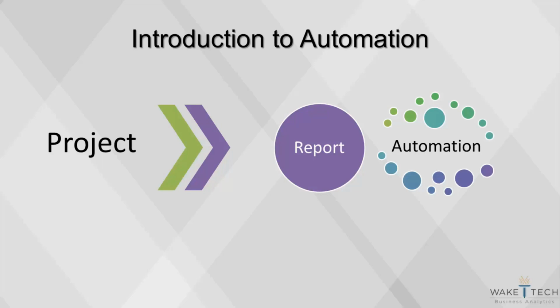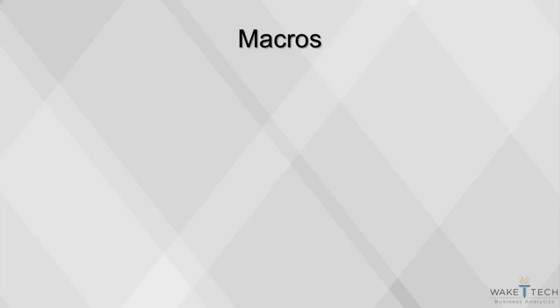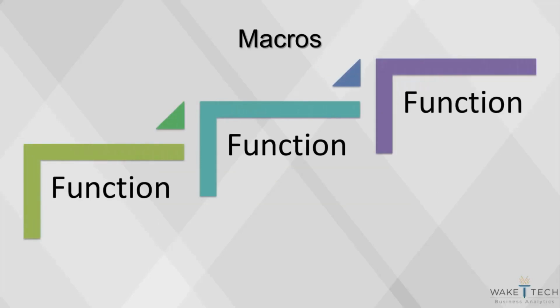This is very valuable from a business perspective, as analysts that are skilled in automating tasks can save the company money in terms of labor expenses, and over time can uncover more and more patterns in the data, leading to greater profitability. There are two main types of automation used in business analytics: macros and stored procedures. Macros are also referred to as functions. The purpose of macros is to easily replicate certain steps without having to write out those steps individually. Macros can make an analysis quicker and more concise.